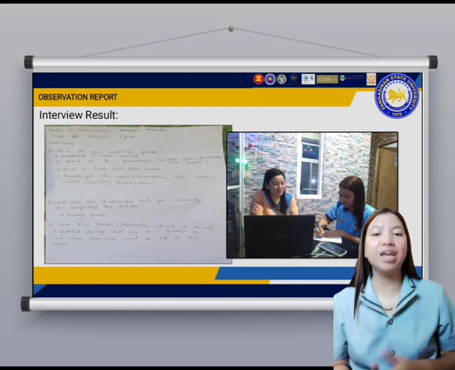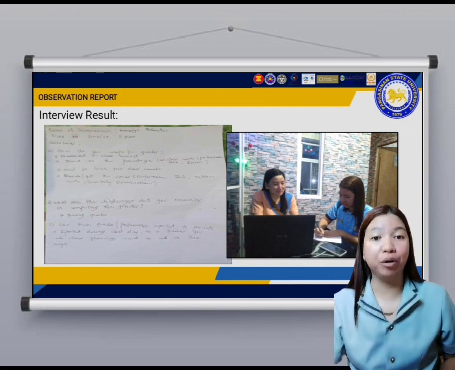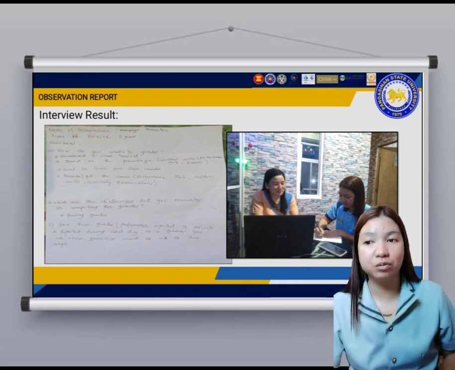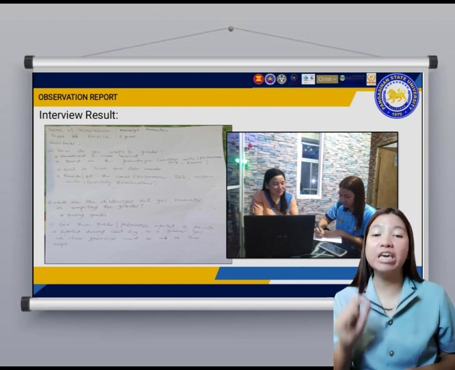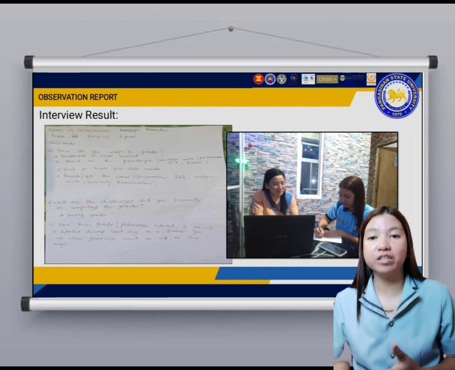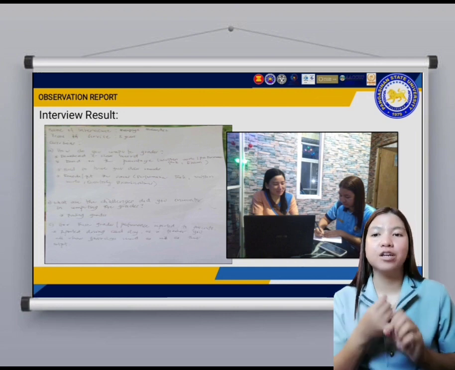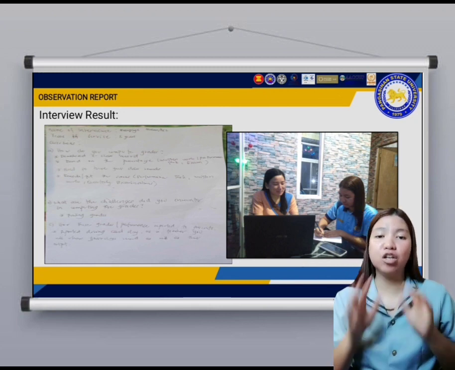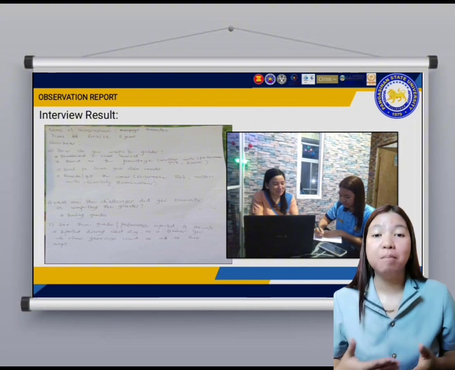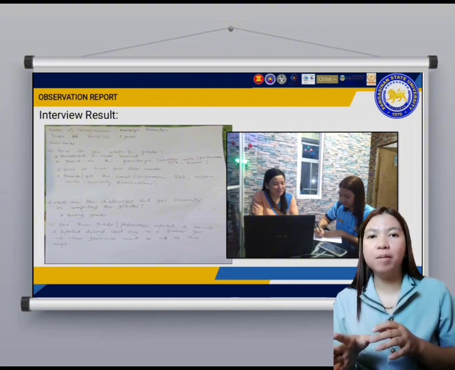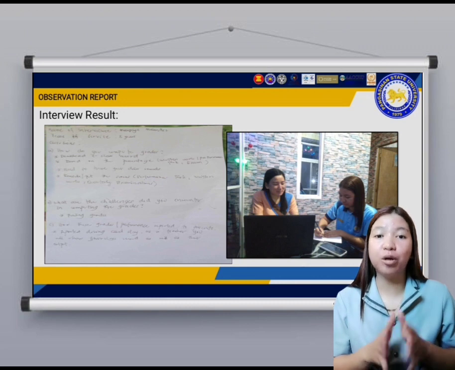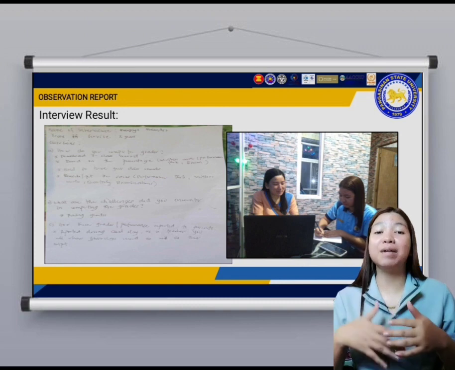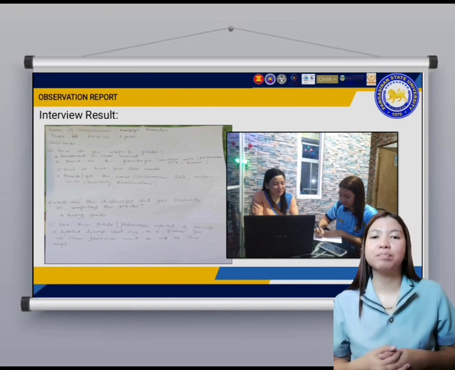So how do they compute grades? First, they need their class record, and they will download their e-class record. They will input here the scores of the learners according to performance tasks, written outputs or written works, and quarterly examination. And pag na-encode na nila doon, automatic na siyang mag-compute. So, this performance tasks, written works, and quarterly examination, meron silang iba't ibang percentage. Ito rin ay magkakaiba according to subjects.